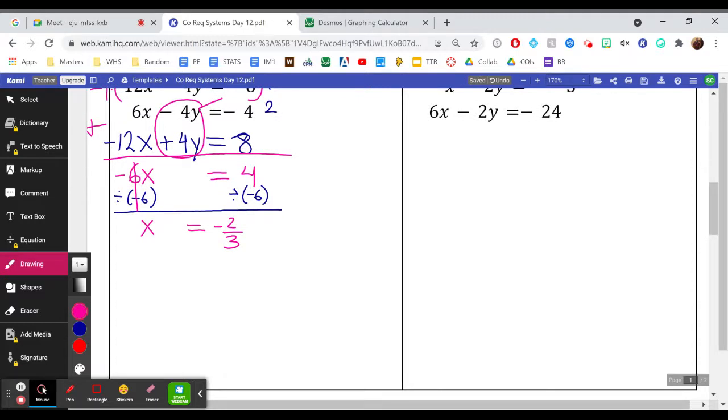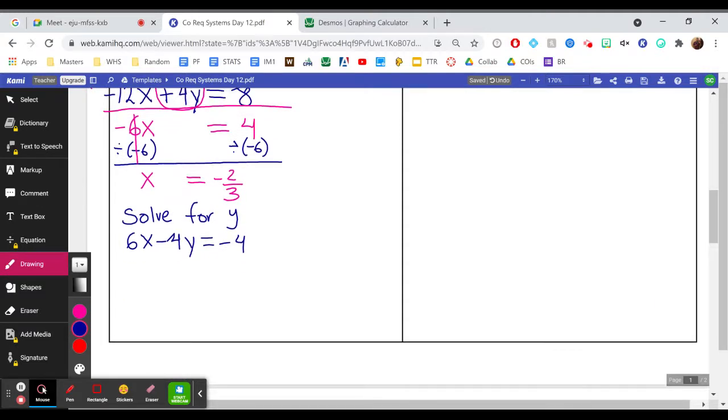Now we're going to solve for y. Okay, so I'm going to use my second equation. So 6x minus 4y is equal to negative 4. But instead of y, I'm going to put negative 2 over 3. Okay, so 6x minus 4